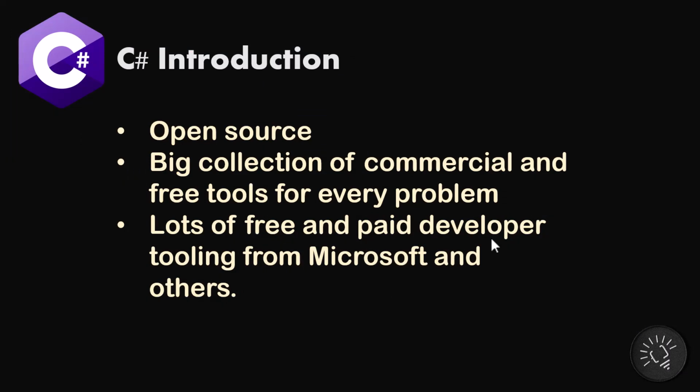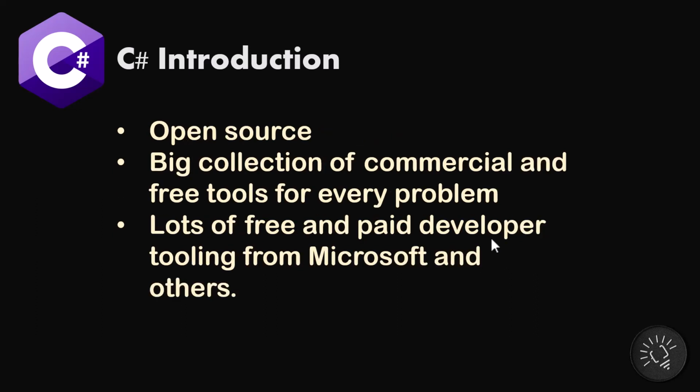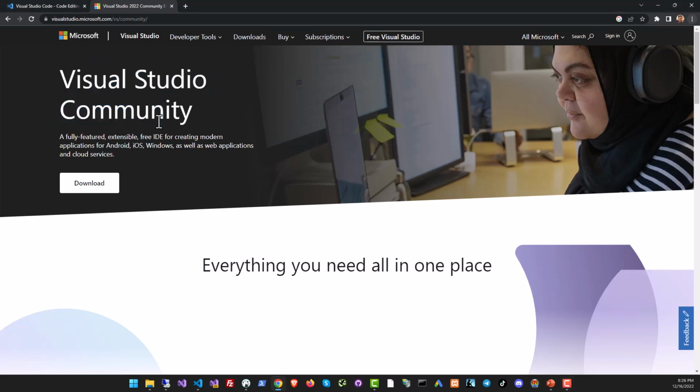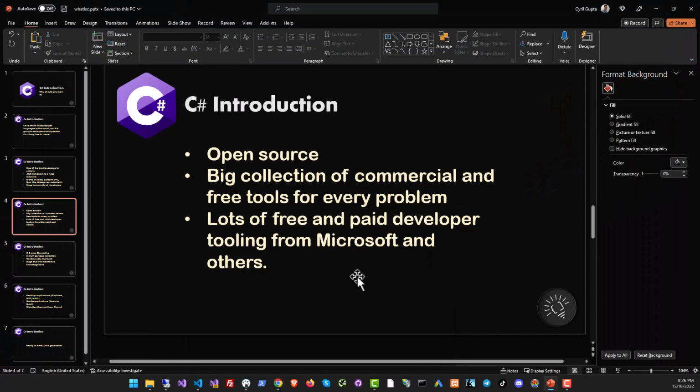Now, there are lots of free tools too. It's not just paid tools, there are lots of free tools too. Even Microsoft has got amazing IDEs, amazing development tools, all free for you. So you've got Visual Studio Community, which is actually the world's best programming IDE, and you can code for every single platform within it. You've also got the more lightweight and more universal platform called Visual Studio Code. You can code in C Sharp or in other languages too using this IDE. Both of them are 100% free and are from Microsoft.